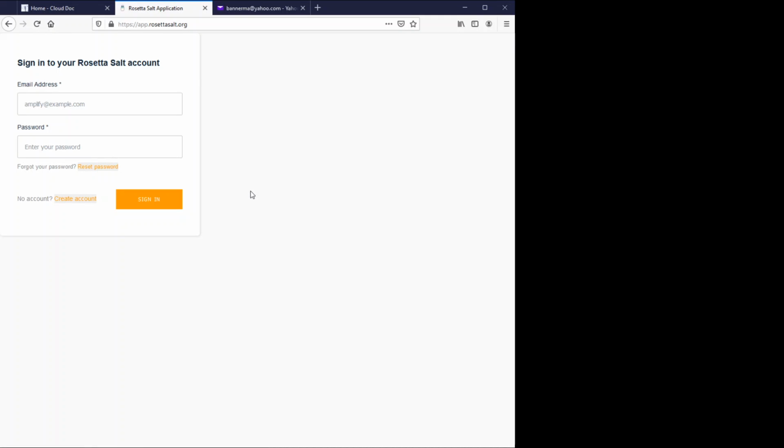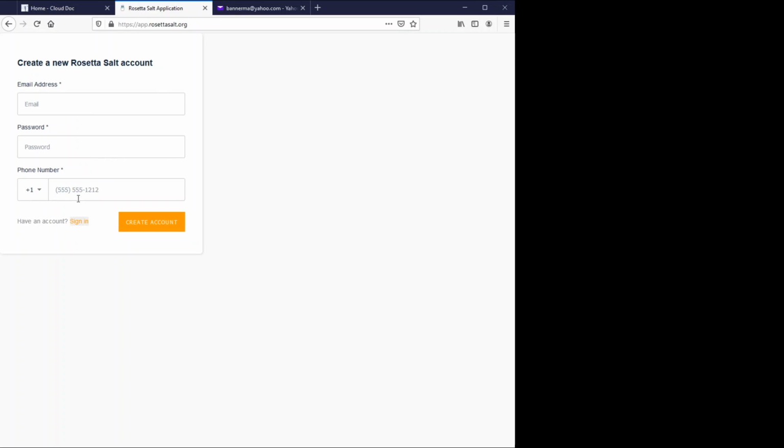the first thing we're going to encounter when we're first getting started is what's called an Amplify screen from AWS, and they've provided this framework called Amplify that allows developers to interact with the Cognito service. And I've left the colors the same, although I've changed the text, so you can see that it's Rosetta Salt that this is for, but I've left the AWS colors so that you know that it's the Cognito service that you're dealing with. And since we don't have an account yet, we're going to go ahead and create this account,